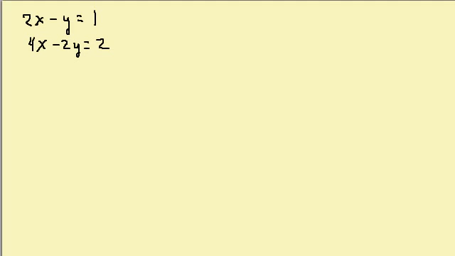Okay, let's take a look at another one. Let's get rid of the y's. I have a minus 2y here, so I need a plus 2y here. So I'm going to multiply this first equation by negative 2. That'll give me a positive 2y there. So I get negative 4x plus 2y equals negative 2, and then I'll write down the second equation,